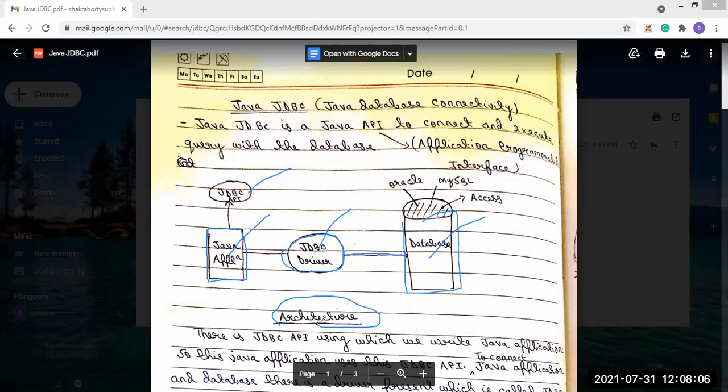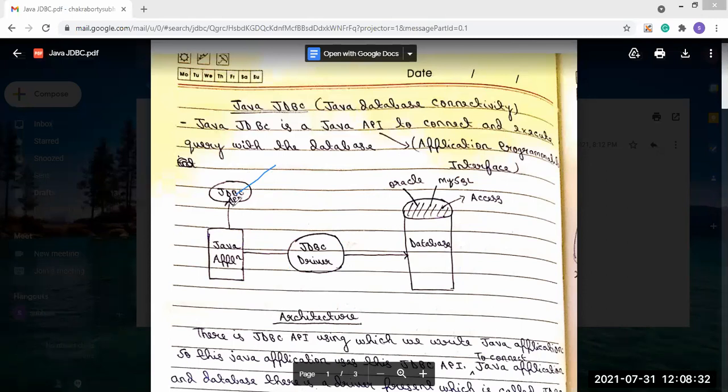So there is the JDBC application programming interface, and using it we write the Java application.